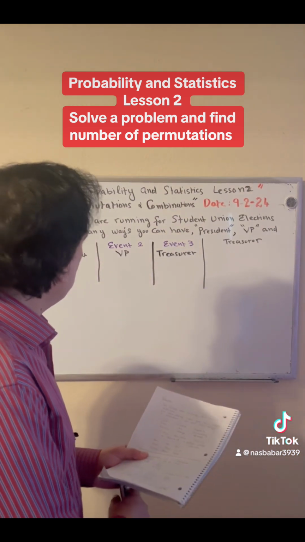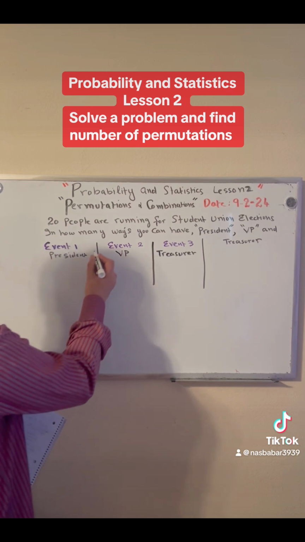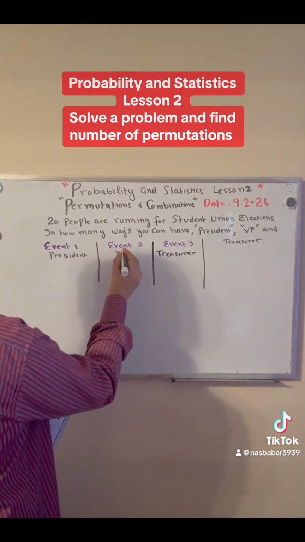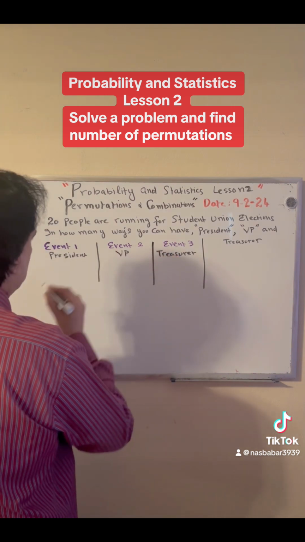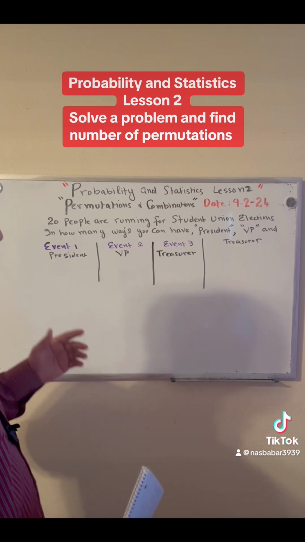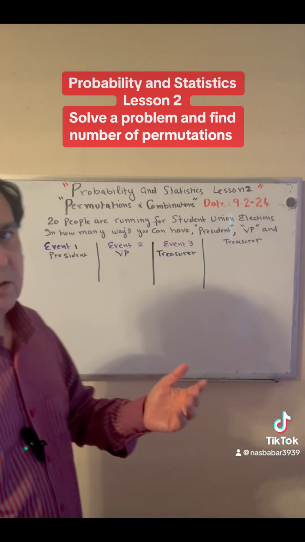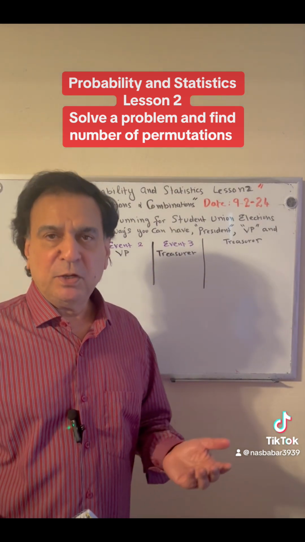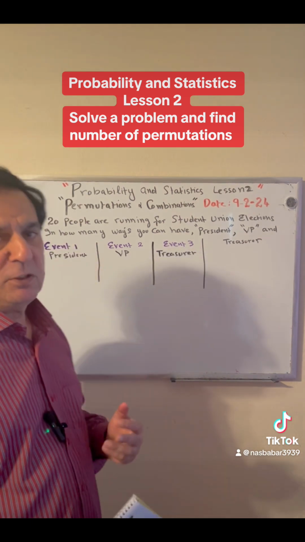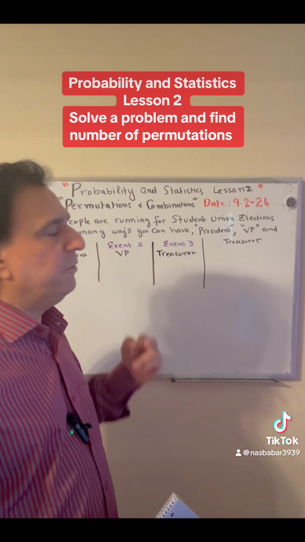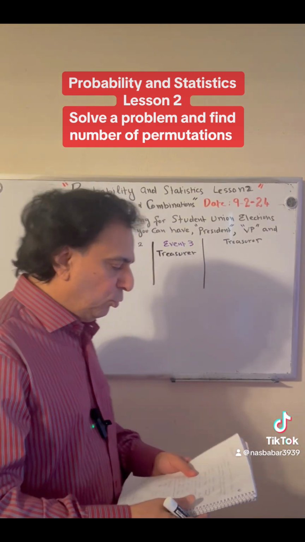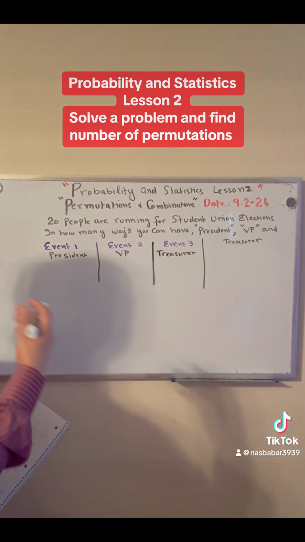So what I did was, let's go ahead and have three columns: column number one, column number two, column number three. And we have three events. In the first event, we're selecting a president. In the second event, we are selecting the vice president. And in the third event, we are selecting a treasurer. So the question is, in how many ways